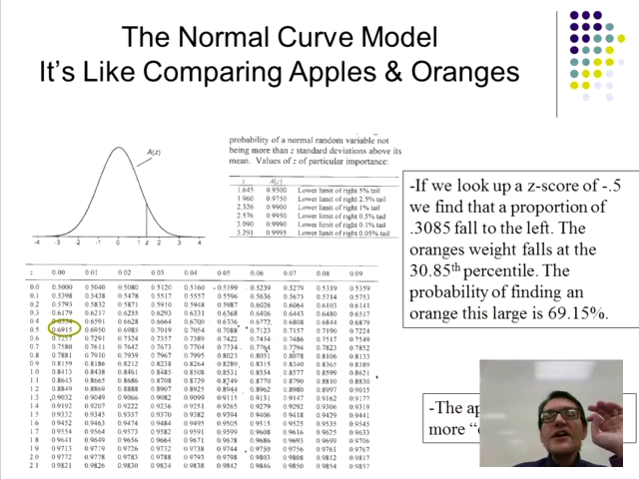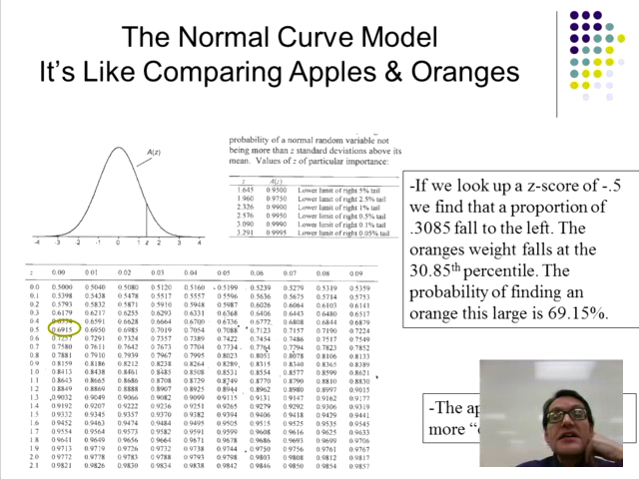The orange had a z-score of negative 0.5. So again, we're going to go down the left side, and here's the deal: this chart only gives you positive z-scores. But remember what we have talked about already. The left and the right side are mirror images. It's the exact same story. And so what we find when we look it up is